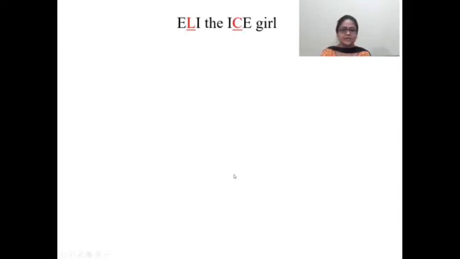ELI the ICE man. Try to remember this particular statement because it is going to help us in drawing the phasor of current and voltage across the inductance and capacitance. In this statement, you will find L, where L stands for the inductor, and C stands for the capacitor. Similarly, E stands for the voltage across the inductor or capacitor and I stands for the current across the inductor or capacitor. As we can see here, in ELI, the current is lagging behind the voltage, or you can say that voltage leads the current by 90 degrees.